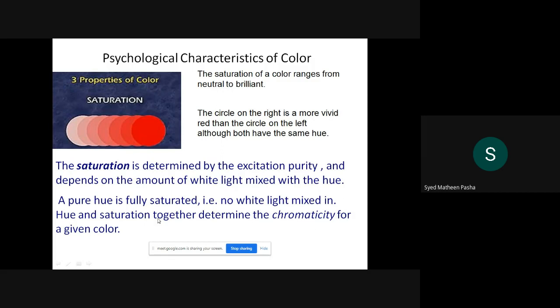If your hue is fully saturated, that is, if you are not mixing white color, hue and saturation together, that is the saturation of this particular object as well as the color of this particular object which is being displayed, basically determines the chromaticity of a given color. In this example, the color is red. I'm finding the chromaticity of red with respect to this particular example.